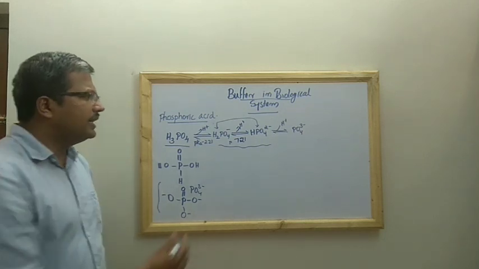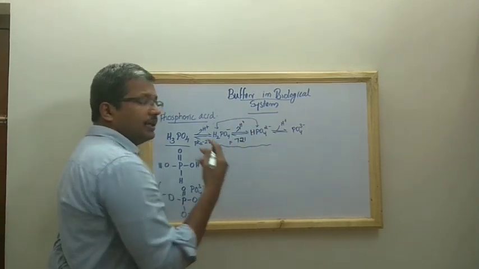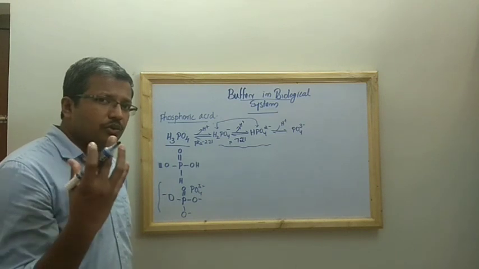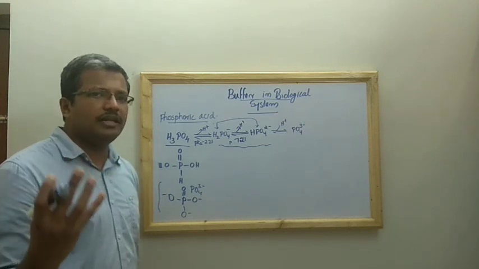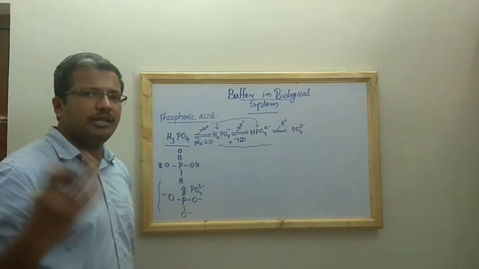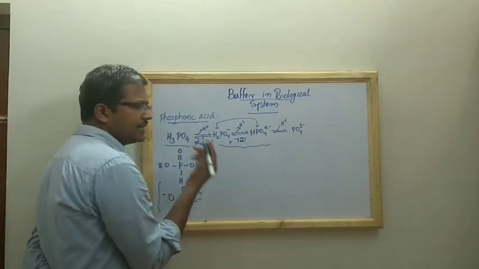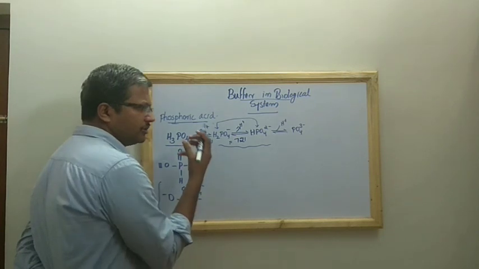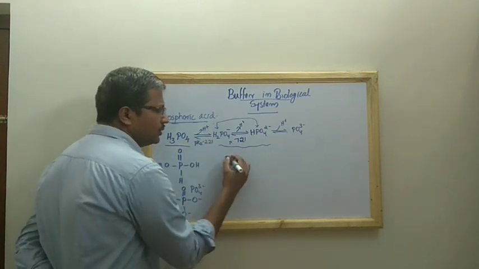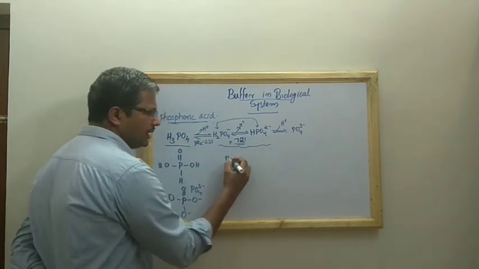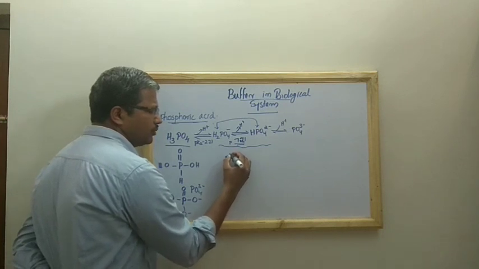We already learned that a buffer system performs well at its pKa value pH. So the phosphoric acid buffer acts in a full-fledged manner at a pH close to the pKa value,